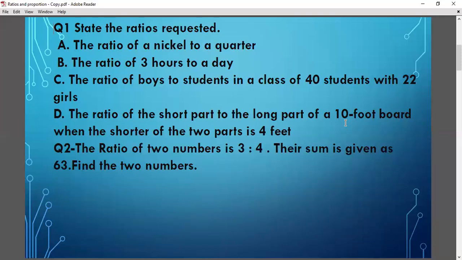Now in this question, the total value, the sum, is given, and also the ratio is given. The very first step in order to solve these types of questions is to simply add the two ratio values. If you add 3 plus 4, it gives you 7. This 7 is comparatively equal to the total value, that is 63, in terms of the total ratio. So now we can write the two ratio values as 3 over 7 and 4 over 7.